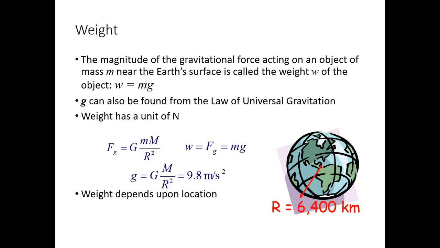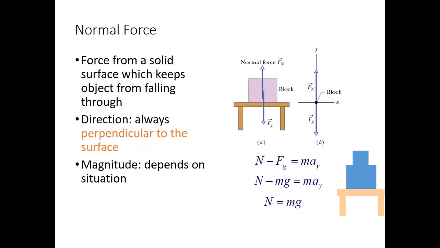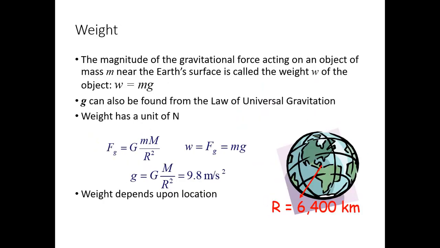So weight depends upon the location. What is that? The weight depends upon the location. If you are going to a mountain, at that time the value of g will change, and also at sea level the value of g will be different. So that's why weight depends on location. Suppose you are going to the moon, at that time the value of weight will change, because of the difference in gravitational force. Due to this phenomenon the value of weight will be different.